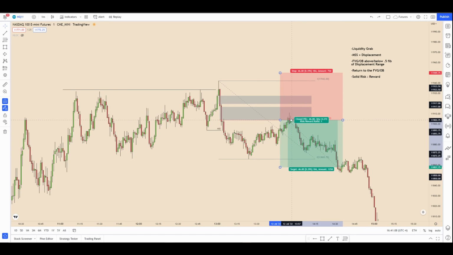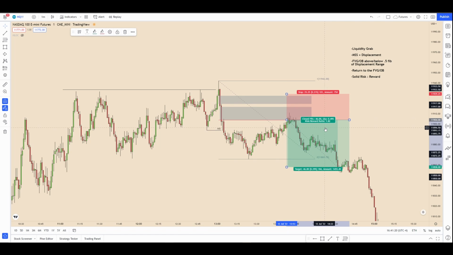So with that entry, your entry would be right here, and you can do one of two things. Put your stop right there, or you can use the candle that made the fair value gap. But since it could trade up into here, I would just put it right above that fair value gap, or on this candle right there. It's kind of up to user discretion.